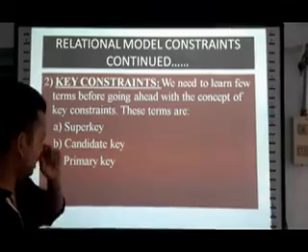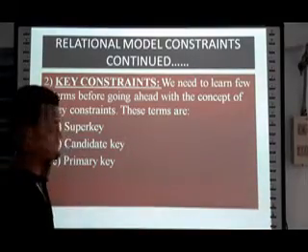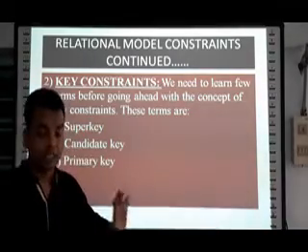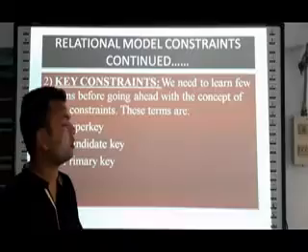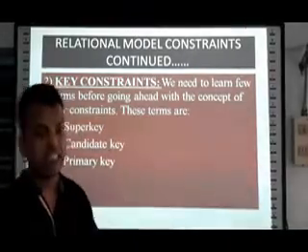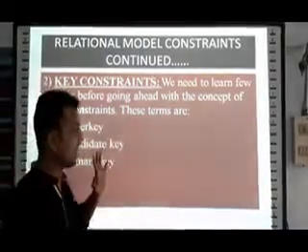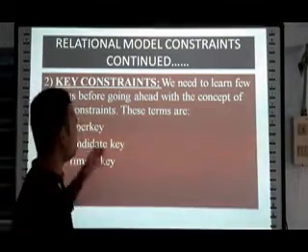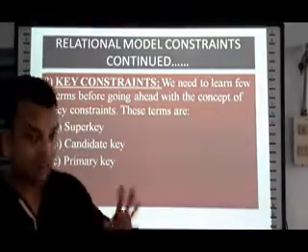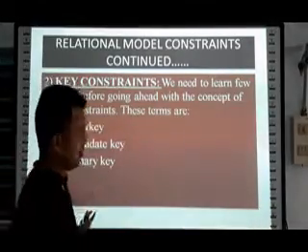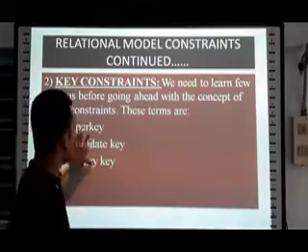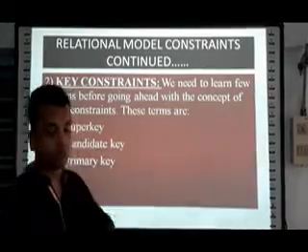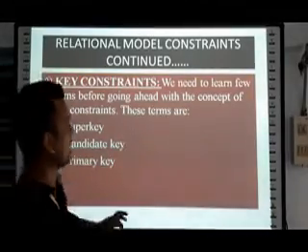The first concept which we are going to learn is super key. What could be the super key? What will be candidate key and what is primary key? Now let me tell you one more concept along with these key concepts. That is, a total of 8 types of keys are there in a relational model. Whenever we are going to discuss relational database management system, we should always remember that there are 8 types of keys, out of which up to higher secondary level, if we simply learn these 3 to 4 types of keys, that is more than sufficient. Okay, so further we will discuss in our higher classes.